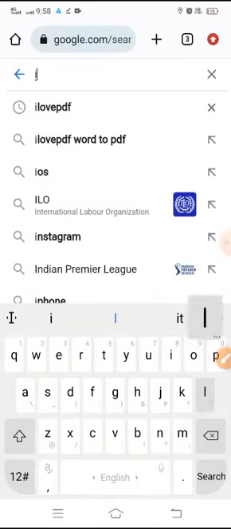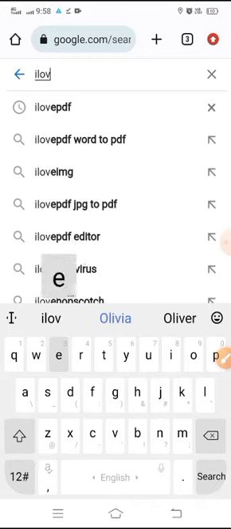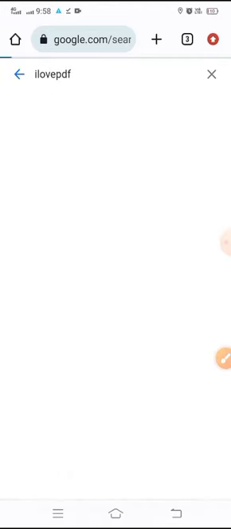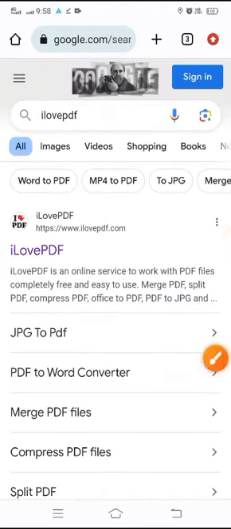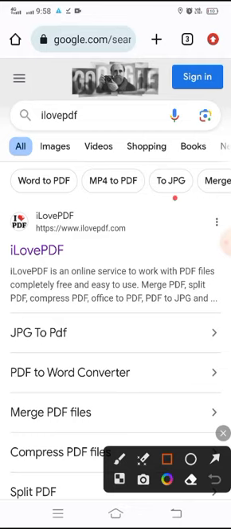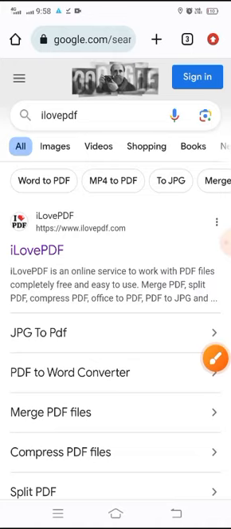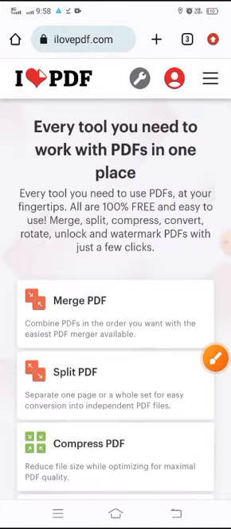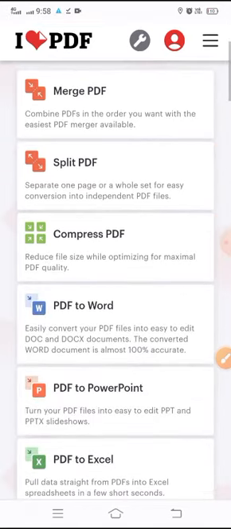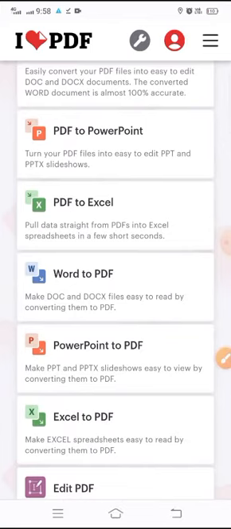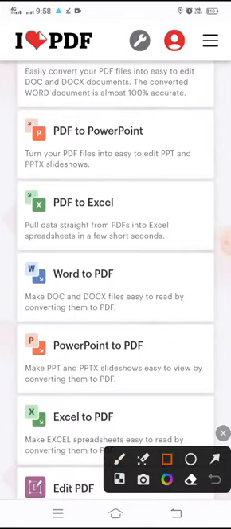Then in the search bar type I love PDF, and on top you can see the ilovepdf.com official website. So click on it. After scrolling, you can find Word to PDF. So open it,